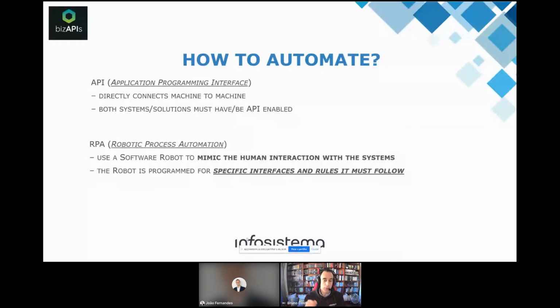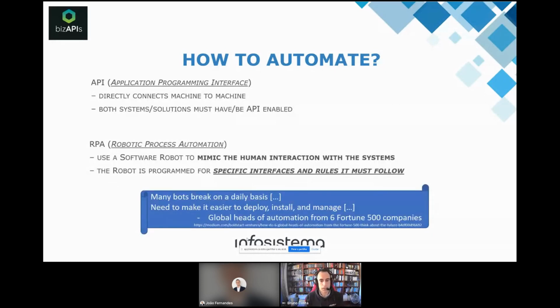The thing is, when you are replacing a human by a robot, you have to be very specific on what the robot has to do. Because RPA technology, unlike DocDigitizer with its AI and machine learning, is still very limited in what options the robot can do. So it must follow specific paths. And this is a problem in terms of daily maintenance, because something changes, for example, in that external portal that you are getting the information from. Even if for a human it's just, okay, this information is not on the left, it's now on the right, or vice versa, a robot is expecting something to be in that position.